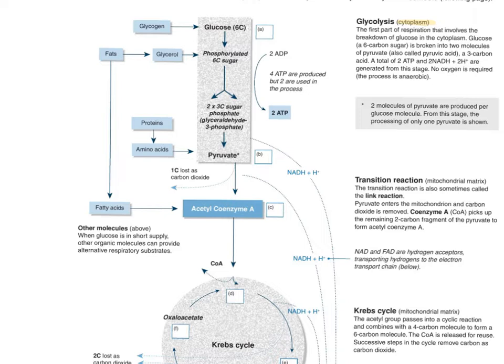What do you have to know from this chart? Here's what you have to know. In the cytoplasm, you do glycolysis, taking glucose and breaking it down to pyruvate. You need to know that carbohydrates, fats, and proteins all feed into this pathway. I do not care that you know where. I'm not going to ask you where in the pathway it goes in. Is that okay with you?